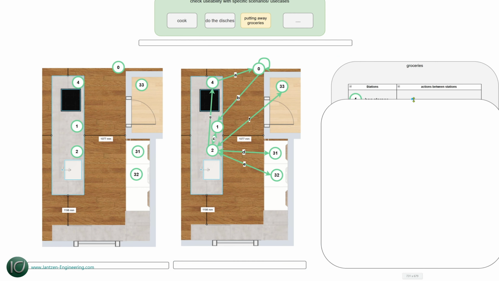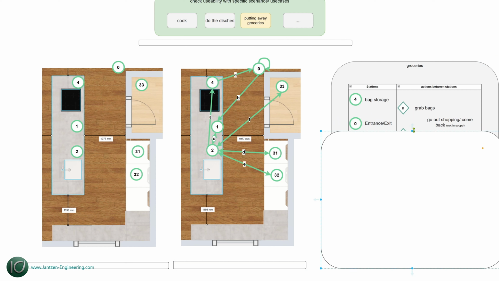We go through them. The first station, number 4, is the area where the bags are stored, which we need for shopping. And the connection between the stations is an action. What are we doing between the stations? For example, we grab the bags and move to the exit or entrance if we come back. And what we are doing in between is we go shopping. It's indicated by this circuit arrow, which is coming back to the 0. We enter the kitchen again,